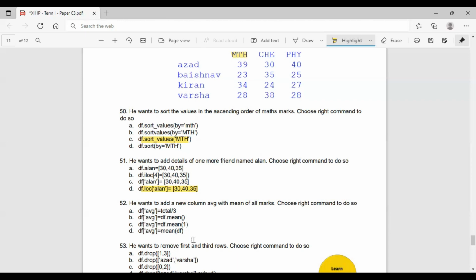Which one do we have to use to find the average this way? We want to get the average of these marks and store it over here. So this way it has to go, not this way. If I give df dot mean with nothing passed, what will it do? It will calculate the average column wise. If I give df dot mean of 1, it will do it row wise.